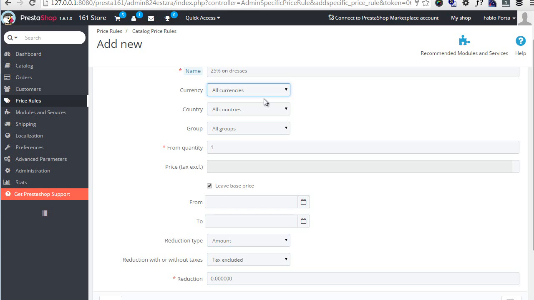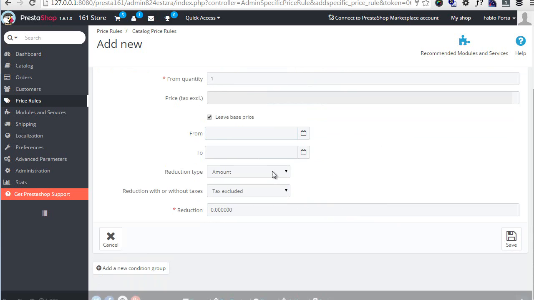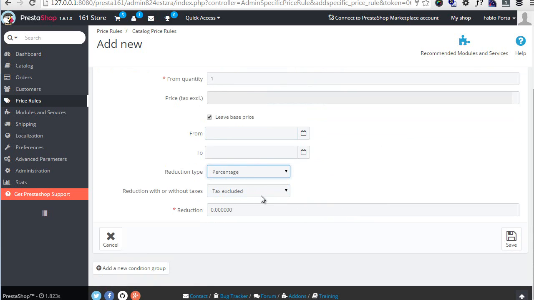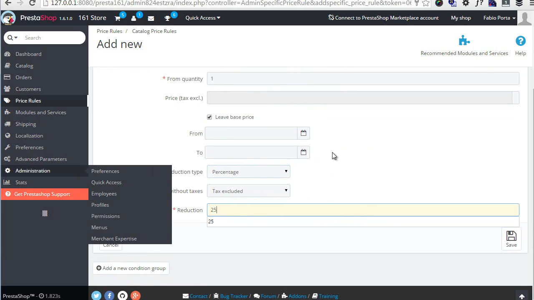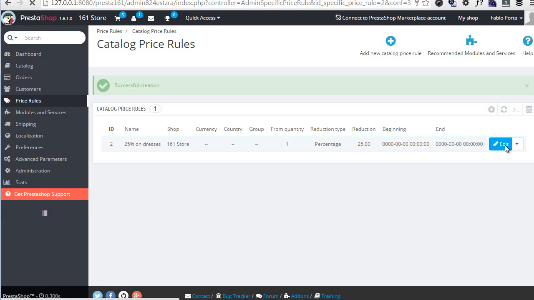And this is greatly useful if you want to create premium prices for specific customer groups. Like, for example, using the same example I made last time, if you want to make a wholesale customer group. But let's keep it simple for now. So I will apply this rule to all products from quantity 1. I will leave this unlimited. Reduction type percentage to the tax excluded version, 25. So I will first save this. Then we'll go back and edit